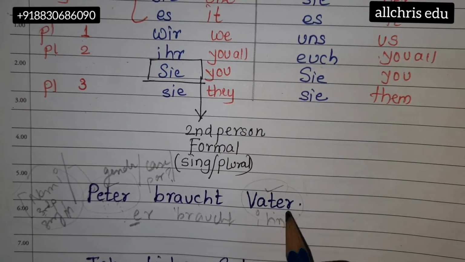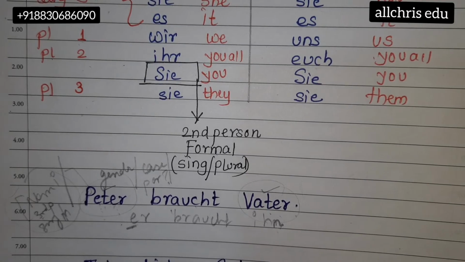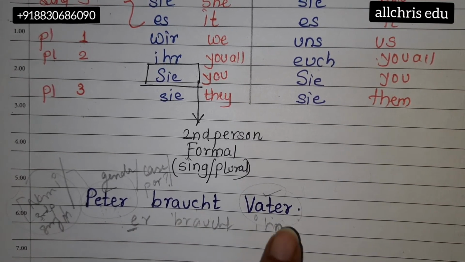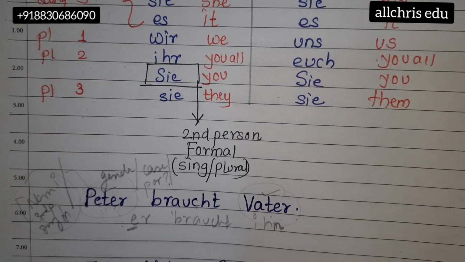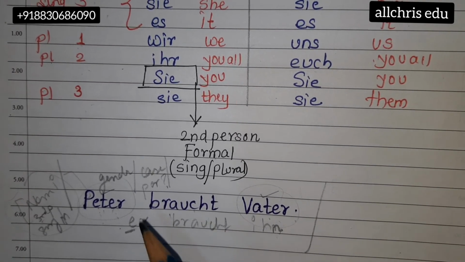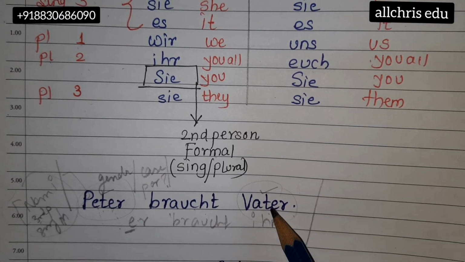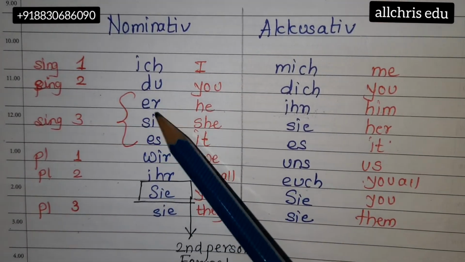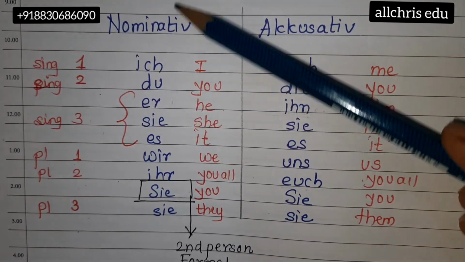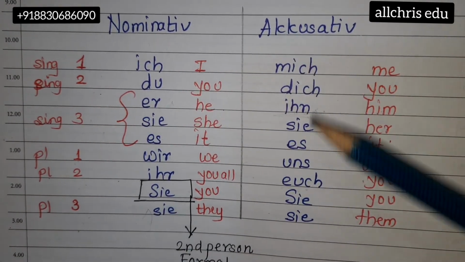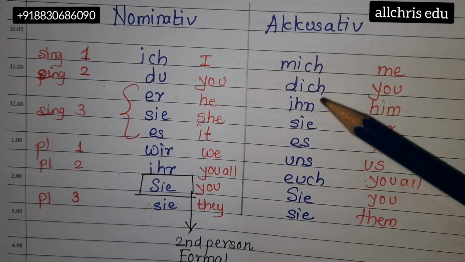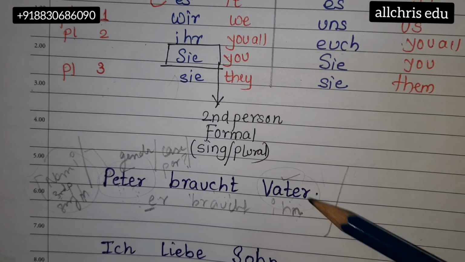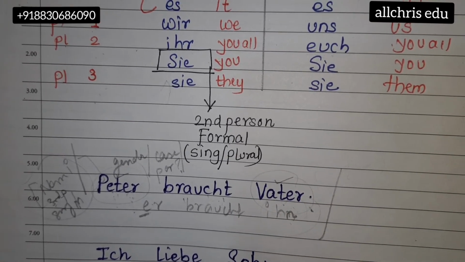Now, why is it so necessary to have different columns? Now, if we talk in English, Peter needs father. So if I want you to translate that in English, it will become he needs he. Can I say he needs he? If I cannot say he needs he, that means this column is not enough. So we need a second column so that we get the word him. Okay. So he needs him, and so the answer is ihn, I-H-N.